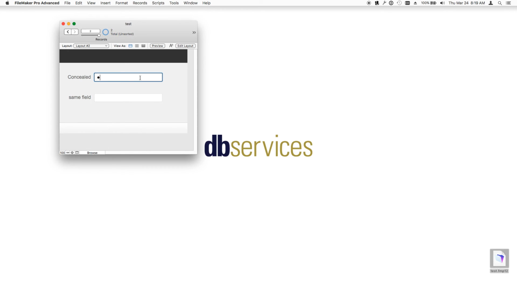And if I go in here under browse mode, you can see that it puts in bullet points to hide my password. The one thing to note though is that it's not encrypting that data. You can see the password here in the field. Clear it out, type it in. It's merely a visual indicator and a way to conceal the information that the users type.